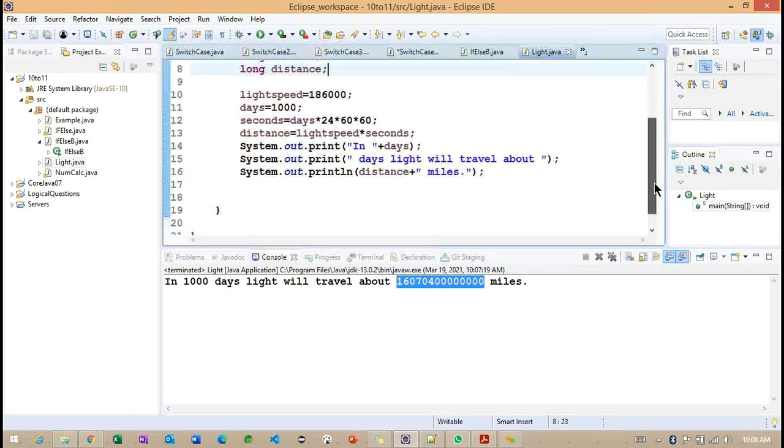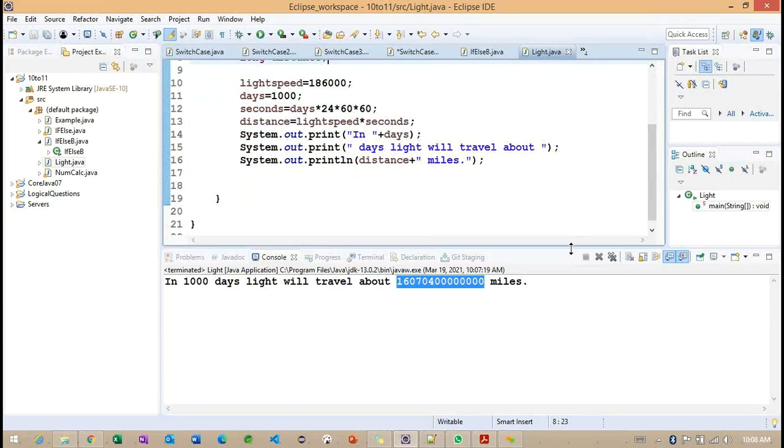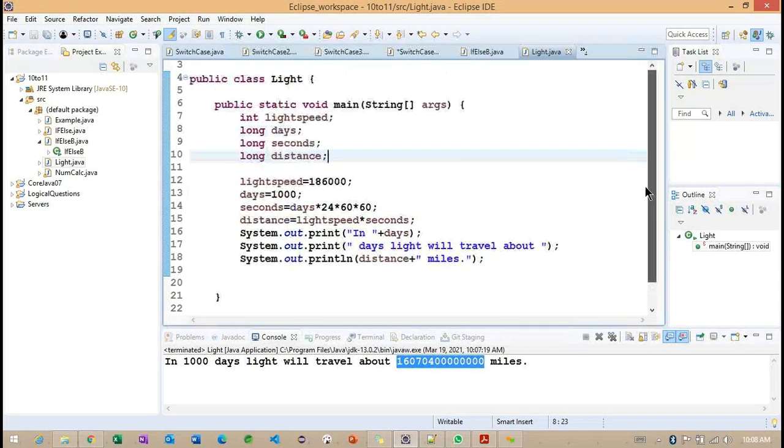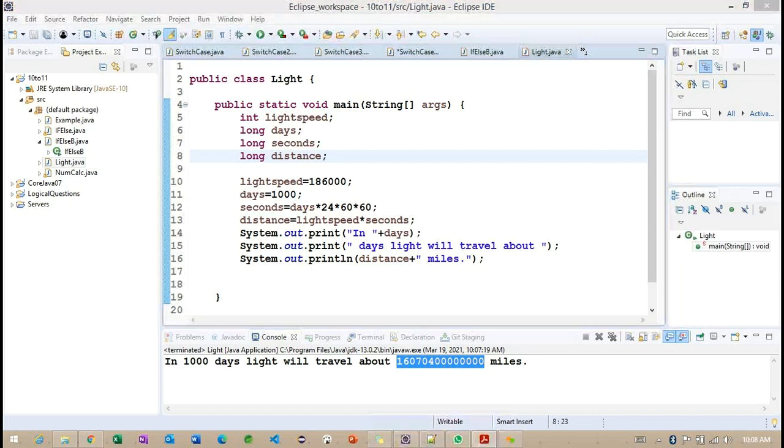Okay. Any questions regarding this simple example? Any questions? Can you please explain how this example is working? Which line number does it start from, and which line number does this example end at? Can you please explain the flow of execution here?